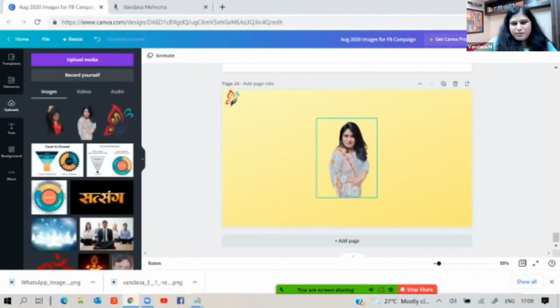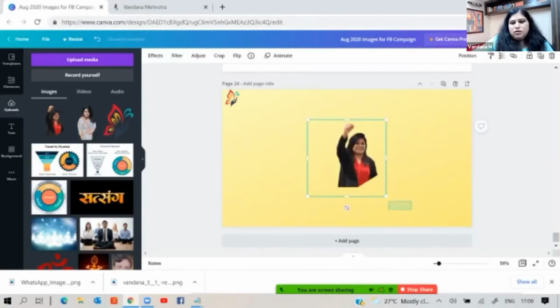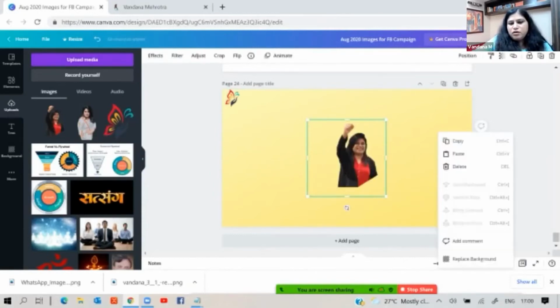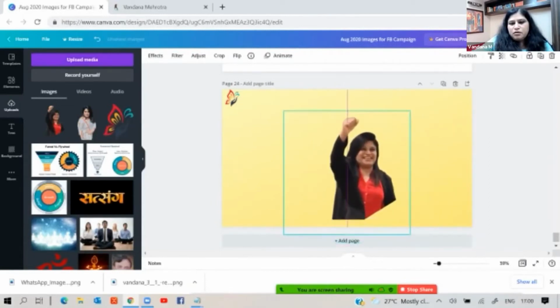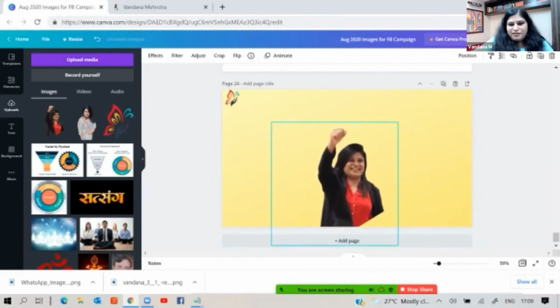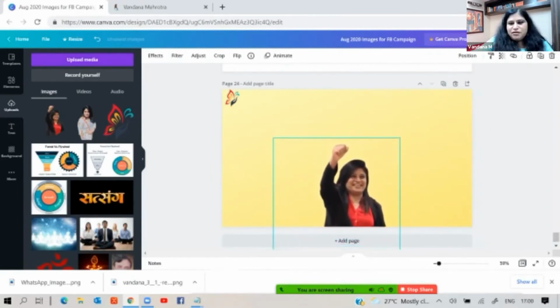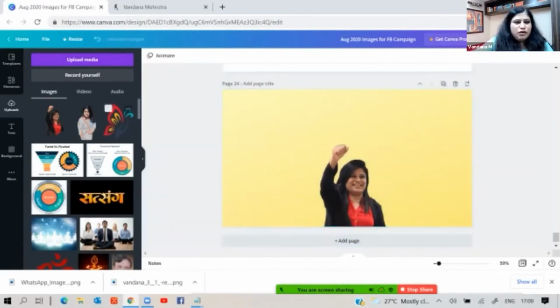I double click, so it is coming twice. Now it does not look great on this. So let me take the red colored picture. Okay. And then I can enlarge it, reduce its size the way I want. Make it something like this, right? You can just use it the way you want. If this logo is not needed anymore, we'll not use it.